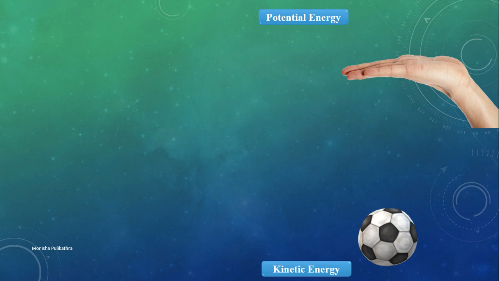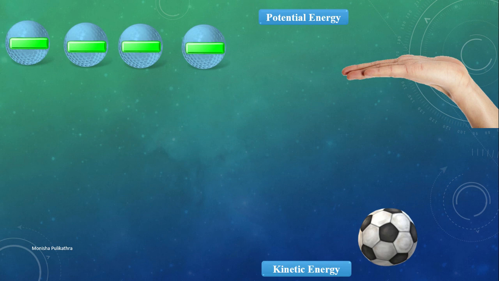So what is kinetic energy? Kinetic energy is the energy obtained by an object when it is in motion. Similarly, there is a concept of electrical potential energy. This electric potential energy signifies how much potential energy a charge has at a particular position when it is not in movement. Just like the ball in our hand has high potential energy,